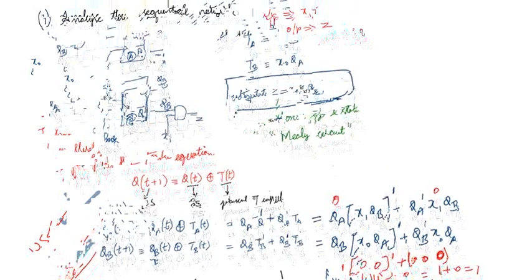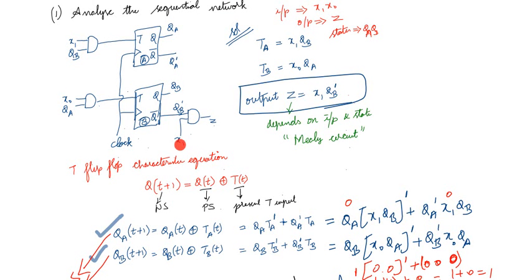So it is very simple, right? The circuit is given, a sequential circuit is given. We are just identifying the expression. This is your A flip-flop TA, this is your TB, and this is your output Z. Output depends on both the input X and state QB. So it is a Mealy circuit, and we know this is the characteristic equation of T flip-flop. That is, the next state depends on the present state XOR the present input. Okay, so you plug in the expressions for TA and TB. So we are rewriting this expression for each flip-flop.